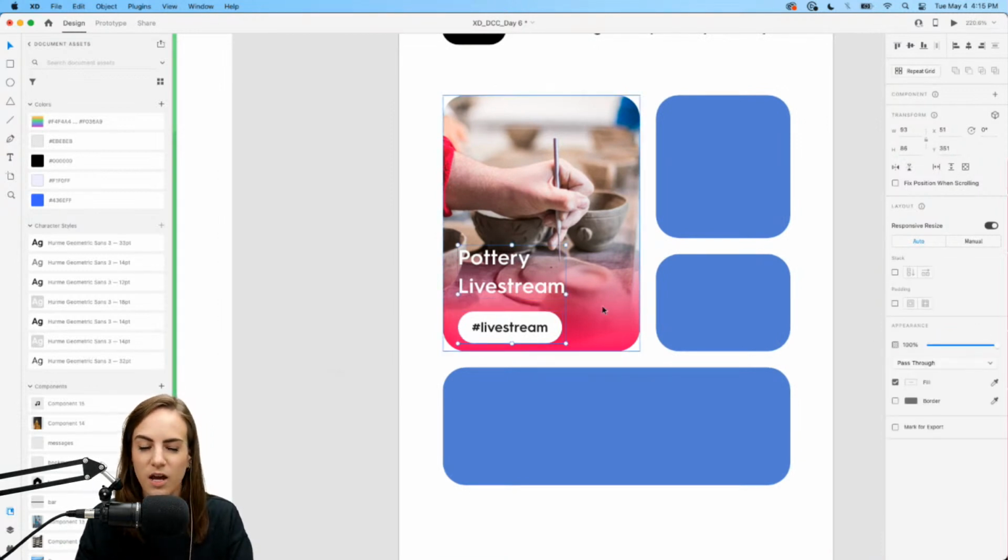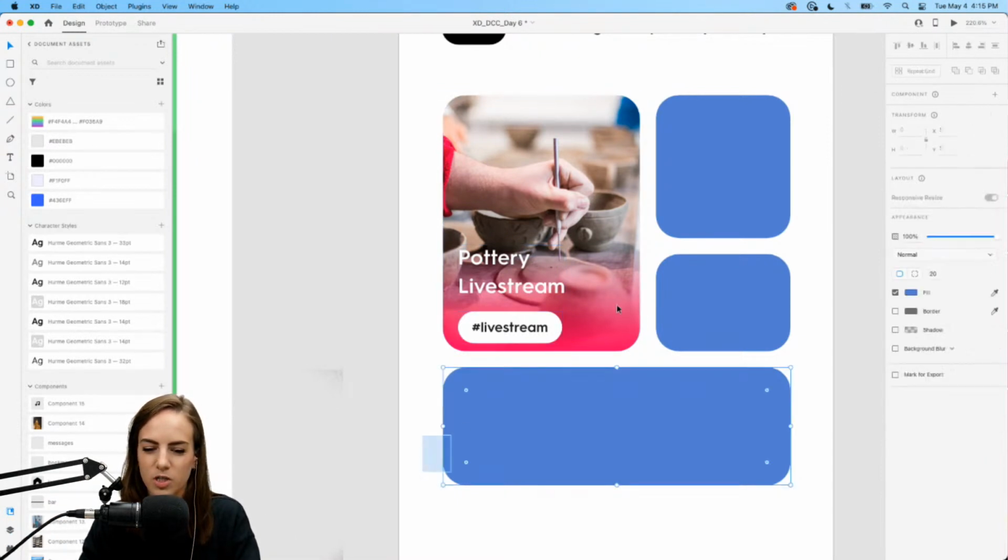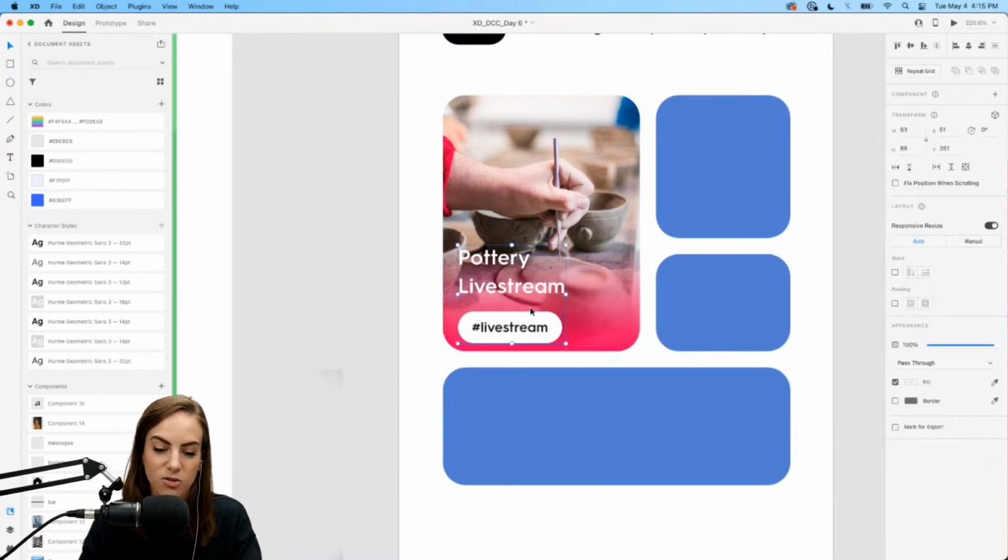So the first stack, with stacks you always want to start from the deepest layer and start grouping from there, and then as you rise to the top level, start grouping on top of all of those. So for instance, I wouldn't want to group just all of these immediately. I want to start in the deepest layer within just this box. So that would be this text, and we can go ahead and stack these, and it knows, okay, this one